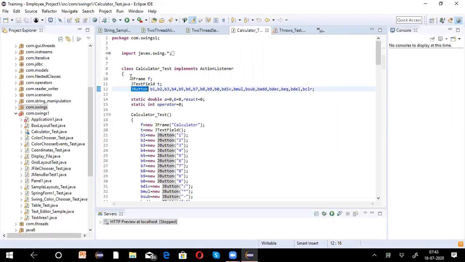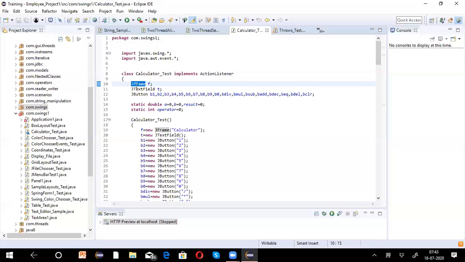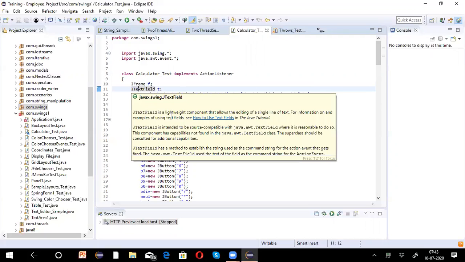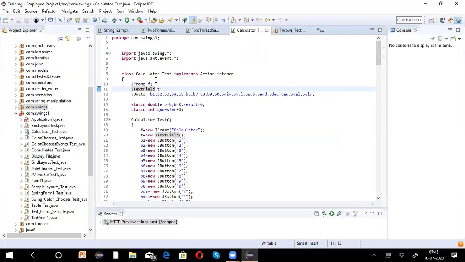In Swing, all components start with J, standing for Swing components, because AWT components directly start with Frame, TextField without J. So that is a major difference between AWT and Swing components, because Swing components don't directly take the underlying operating system standards to print the components.